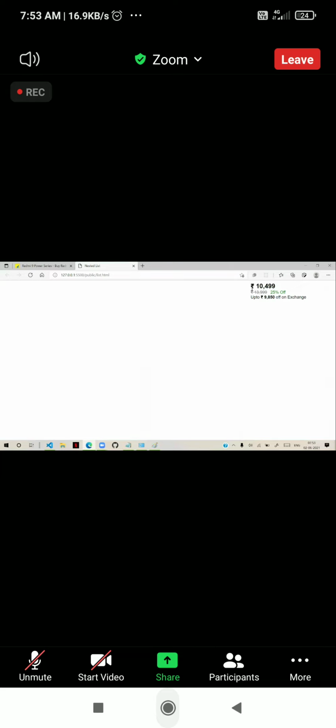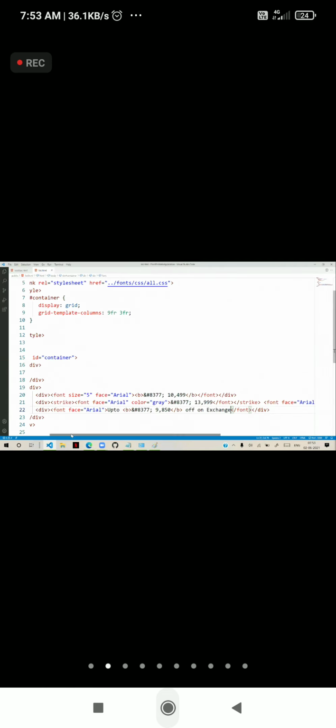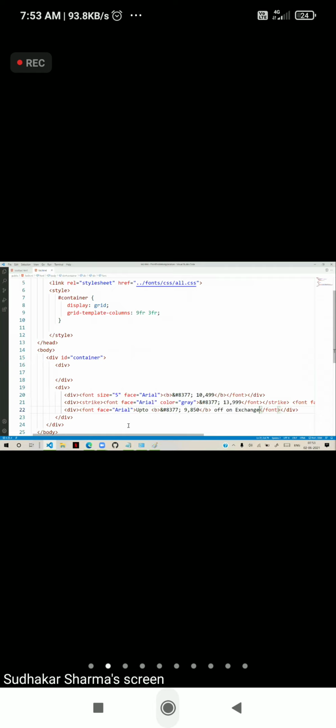We can keep some space between these lines also. Generally when you are defining, you can see these are all the divs we are having. If you want some space between them, you can keep all these in another container and apply some line spacing.